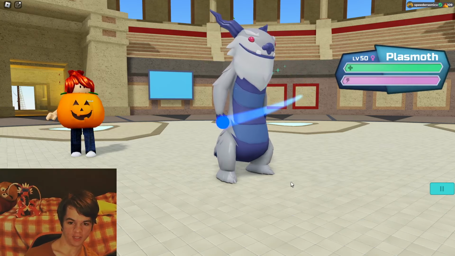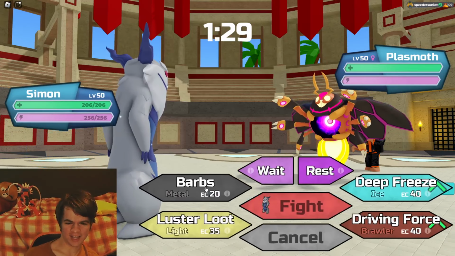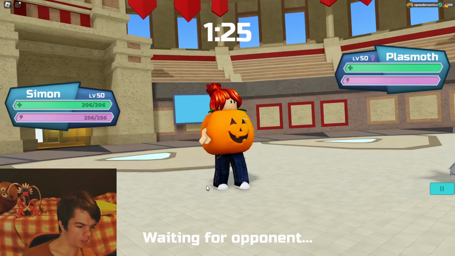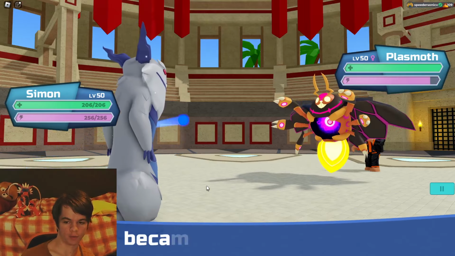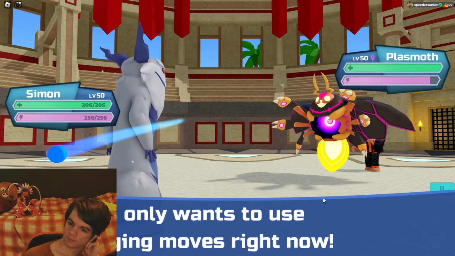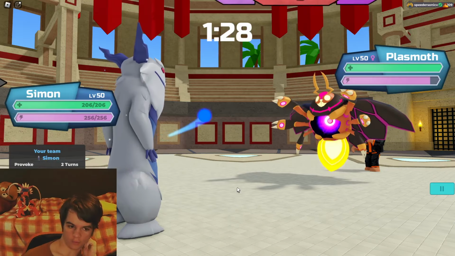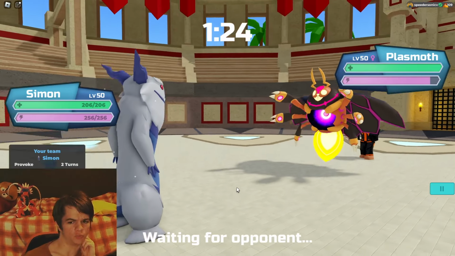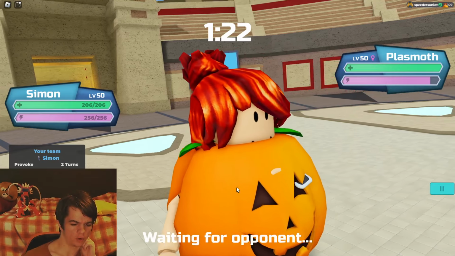Oh, this is actually completely fine. I mean, realistically, they just provoke turn 1, right? But I won't get a layer of Barbs up, but if I can, that'd be great. Yeah, provoke just makes sense. Totally makes sense. Just Driving Force then. Are they going to Dissipate? Dissipating is actually really bad for them because whenever I Driving Force...